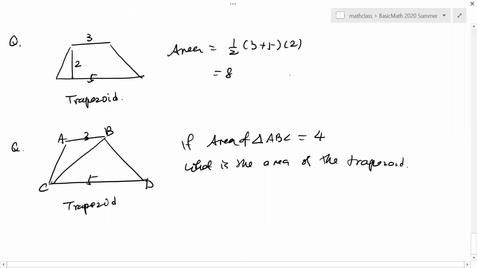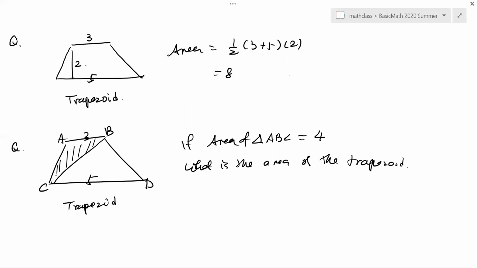So you divide this trapezoid into 2 triangles, right? And if you know the area of one of the triangles,